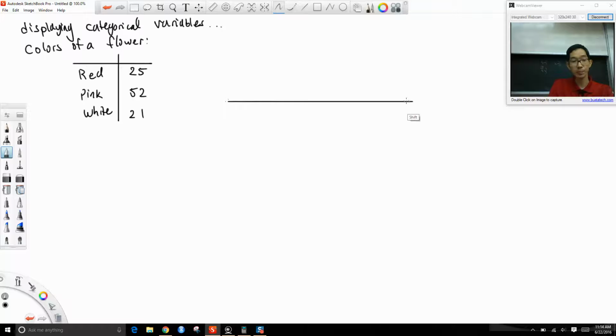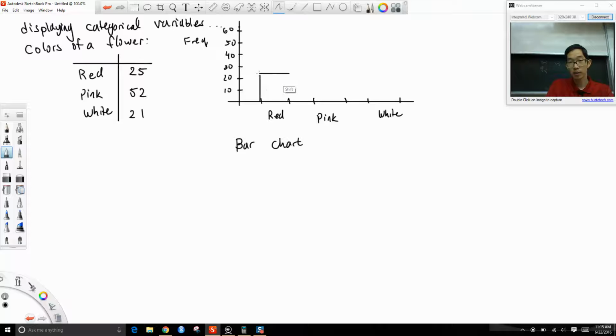And so when we look at this, we can create what we call a bar chart. And across the bottom of the bar chart, or across one axis of the bar chart, you have the different categories. And across the other side, you'd have the frequency. Okay, so this might be 10, 20, 30, 40, 50, and 60. And so red is at 25. Pink, we said there's 52. So that's right there. And white is at 21,